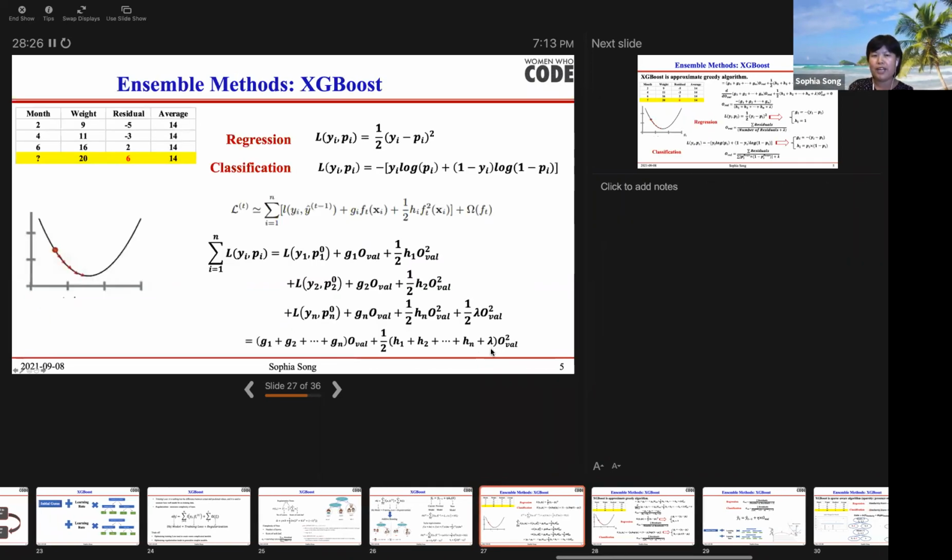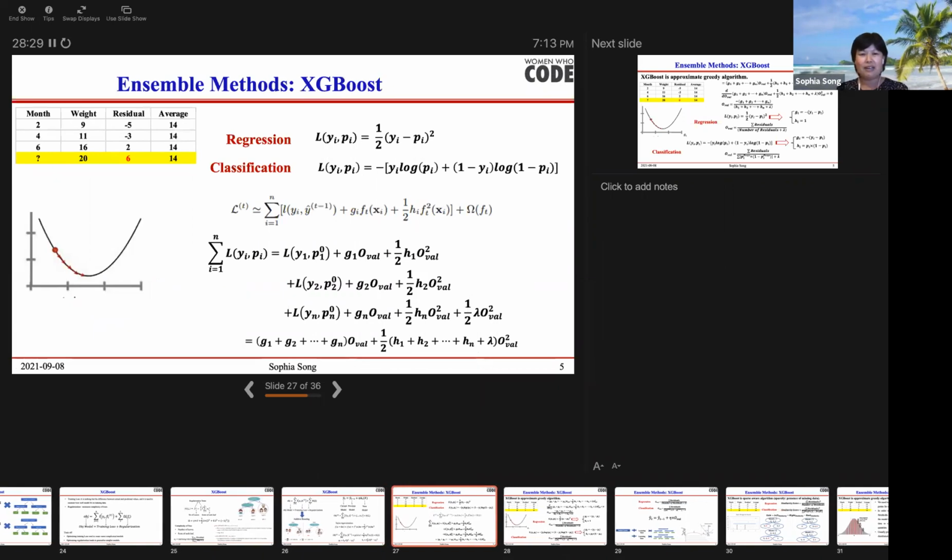Actually, if you see, this is pretty complicated. However, when you do all this math, finally it's very beautiful. It's actually very simple. For example, for regression we usually use this loss function, right? For classification, we usually use this loss function, like the cross entropy, which you can get from the logistic regression model. So for classification and regression, we can bring all these loss functions into